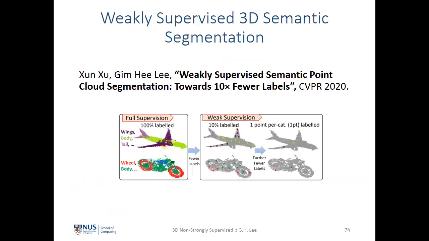Therefore, this was the first work that we proposed, in 2020, to do weak supervision in semantic point cloud labeling. So we discovered that even by doing full supervision, which is 100% labeled,